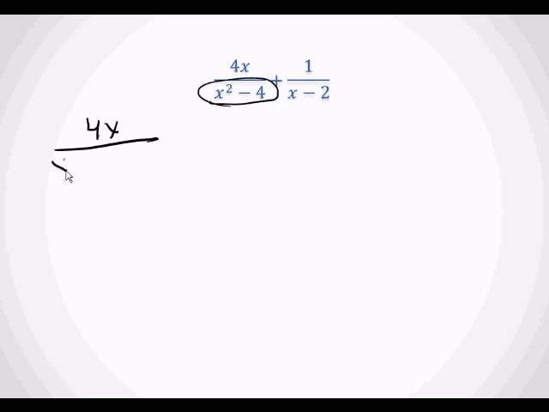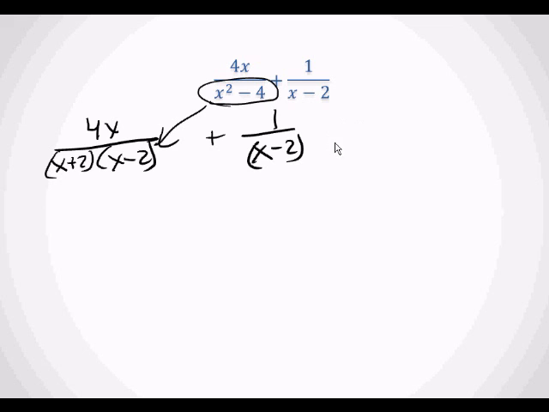Number 38. When you add fractions, you need a common denominator. We have 4x, and I'm factoring this bottom to x plus 2 times x minus 2, right? It's a two-term factor, so it factors to that, plus 1 over x minus 2. Now, you need a common denominator. For the denominators to be the same, all I have to do is multiply this side by x plus 2. Do you see, if I put an x plus 2 there, now we have the same bottoms. But if you put it on the bottom of that fraction, you have to put it on the top of that